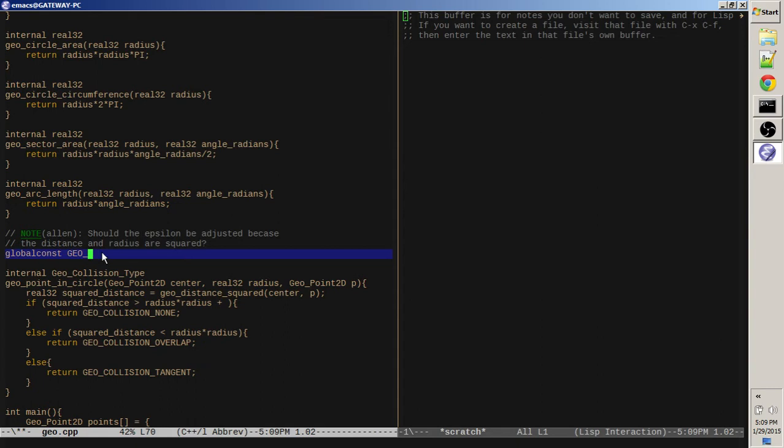No, we're going to do specifically point in circle. I'll put the word epsilon right here. Epsilon point in circle equals 0.000001. Right, so we'll make it a nice tight error margin. Geo epsilon point in circle